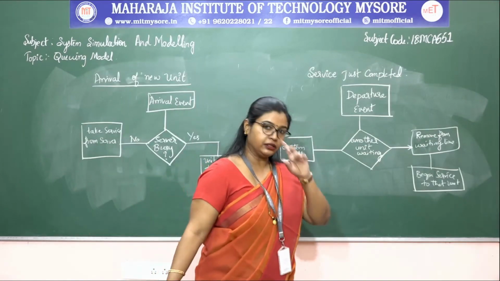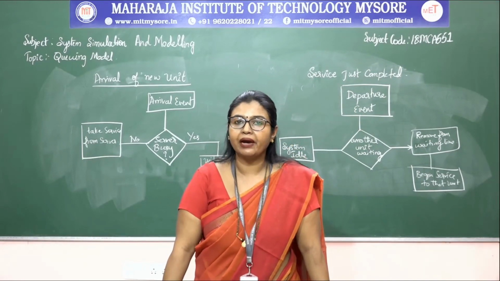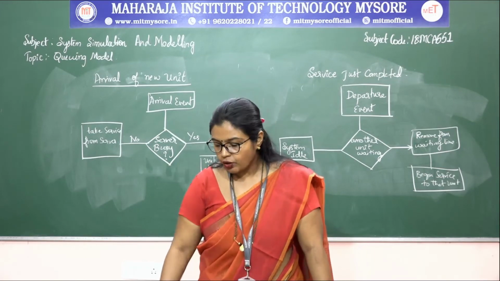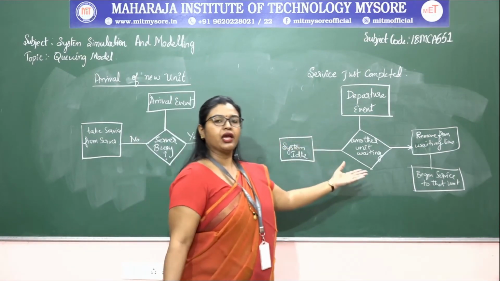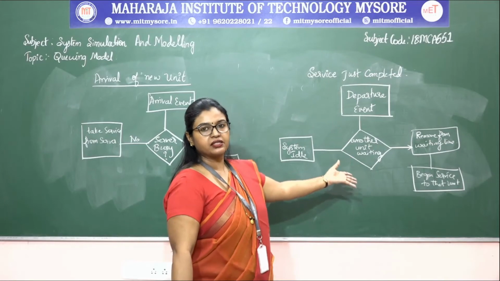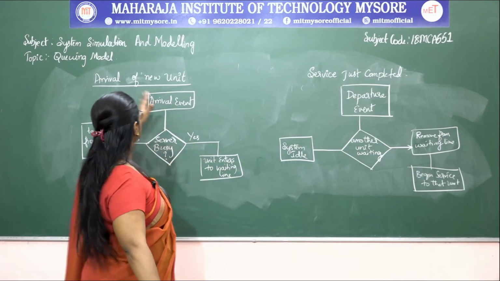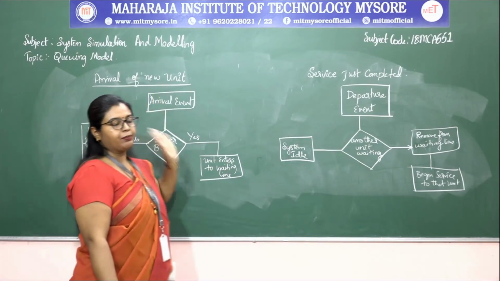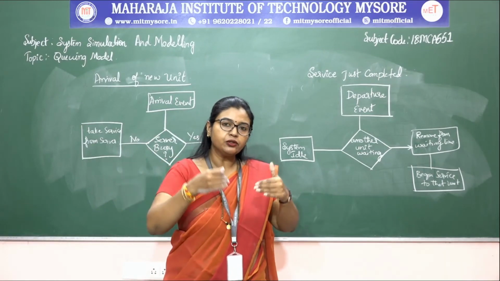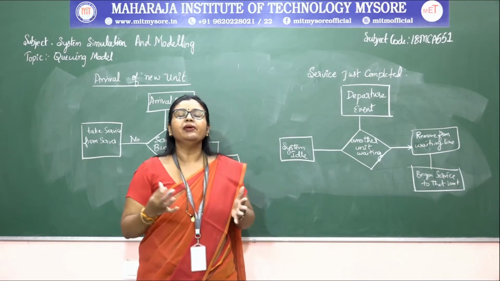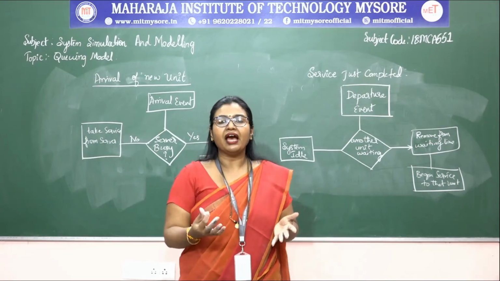That can be represented using a flow chart. As we know, two types of events are there in this queuing system, the arrival event and the departure event. The first event is the arrival event, or you can consider the completion of the service, that is the departure event. If we concentrate on the arrival of a new customer, what happens? If a new customer is coming into the system from the calling population, there may or may not be a queue.